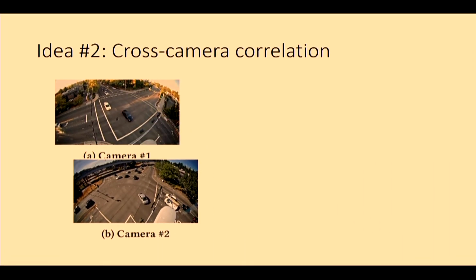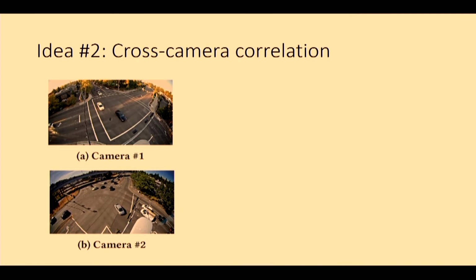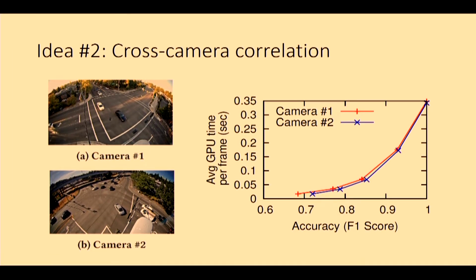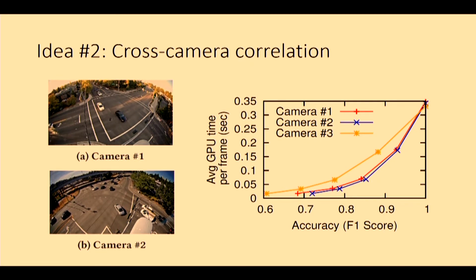So if we take the top two video feeds, and we take some random configuration for the video analytics pipeline and run it on both feeds, we'll find that the cost-accuracy trade-off is pretty well aligned. You can see the lines almost overlap. If we take a different camera in this data set that's a little further away in the city, a different location, we'll see that its cost-accuracy profile is quite different. So camera 1 and 2 are part of the same group. Camera 3, not part of that group.